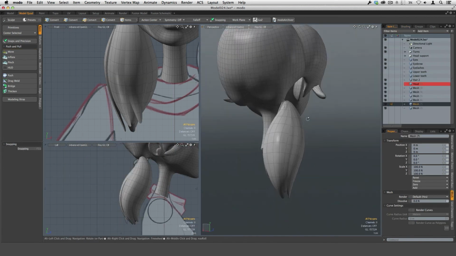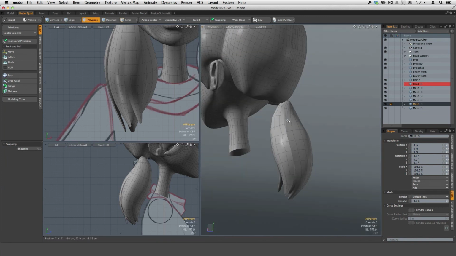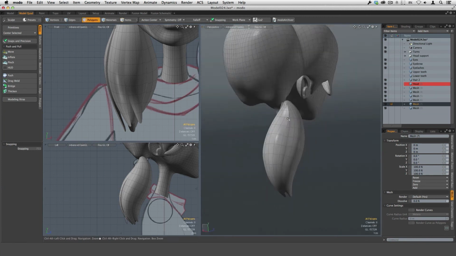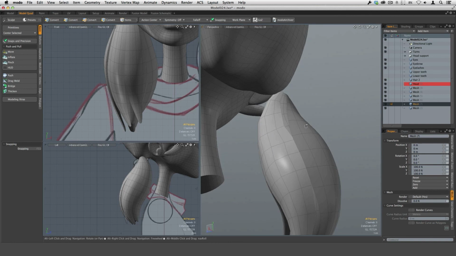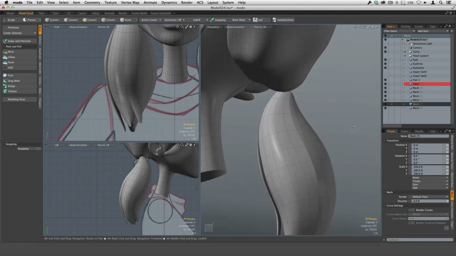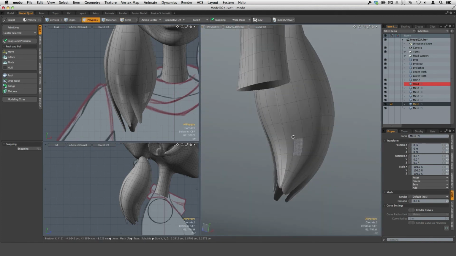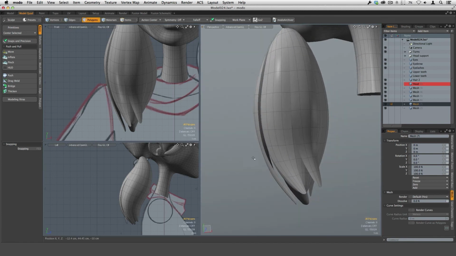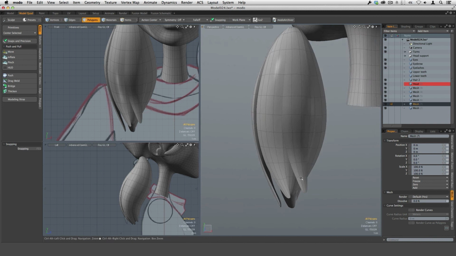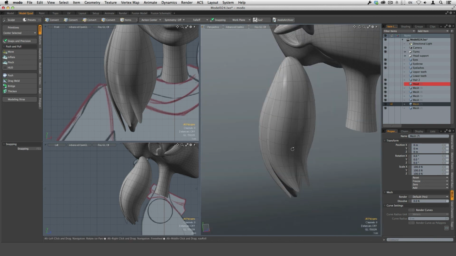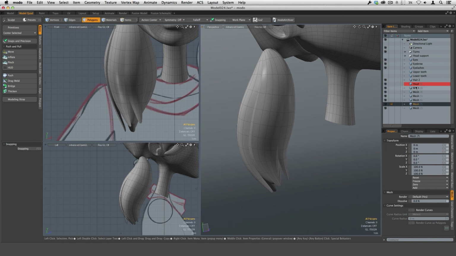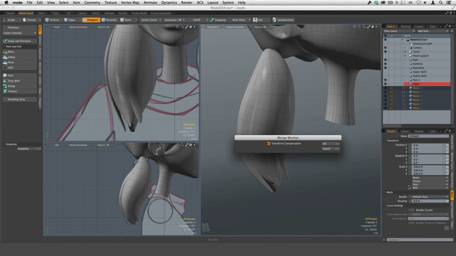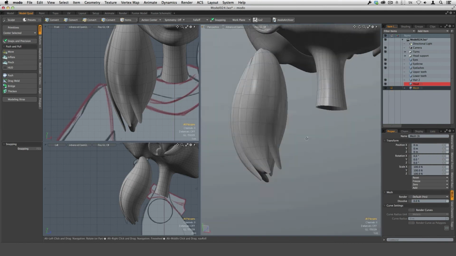Alright, so now that we're comfortable with the amount of detail we've added by adding these hair strands, you can see that some of them overlap, some of them are a little bit shorter than others and thinner than others. Anyway, the point is to break up this core shape, this underlying start mesh that we began with. So now that we have those all completed, let's merge these together. So select all of those, and then right click and go to merge meshes. Okay, so now we have one single mesh